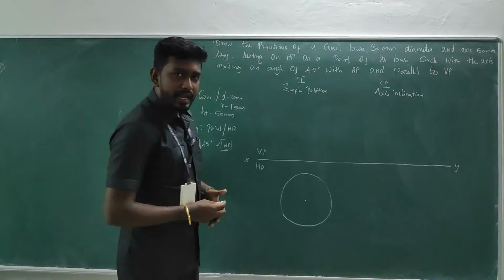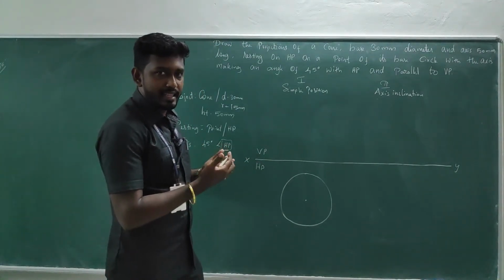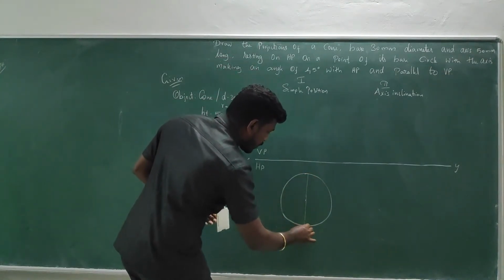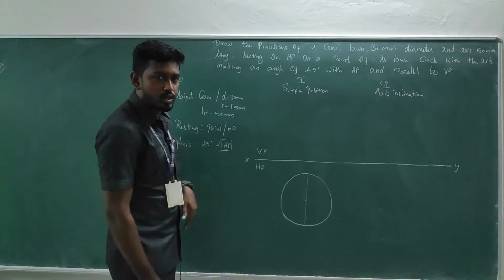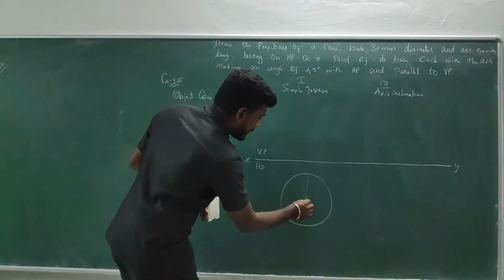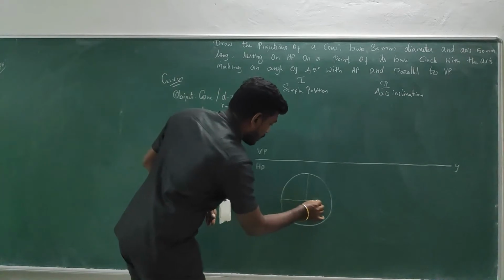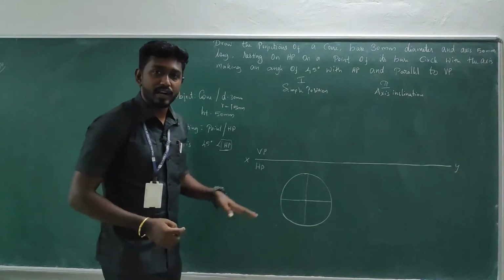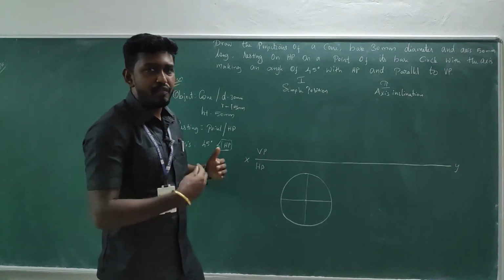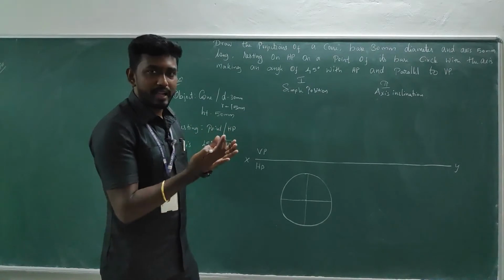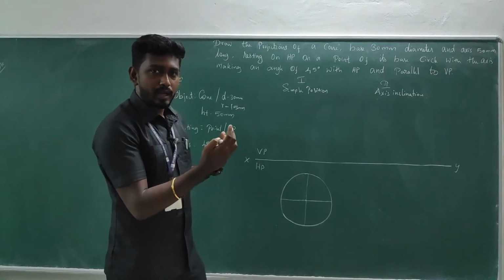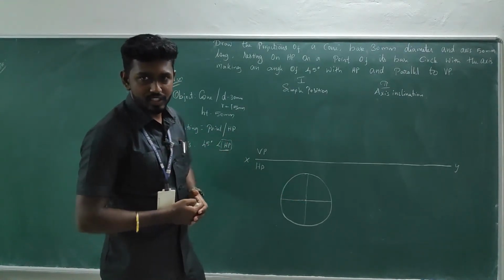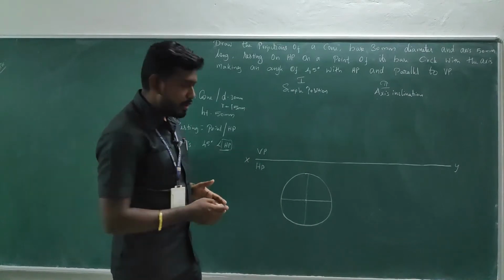Now, in order to get the final front view and final top view, I am going to divide this base circle into 4 equal parts. For that, I have drawn the vertical line through the center, and then the horizontal line passing through the center, so that the circle is divided into 4 equal parts. If you want a more accurate shape of the final front view and final top view, we can go with 8 equal divisions. Okay, so I am going with the 4 equal parts.